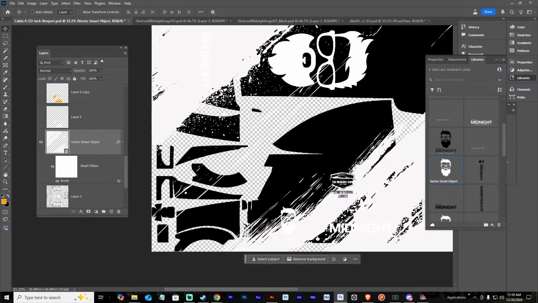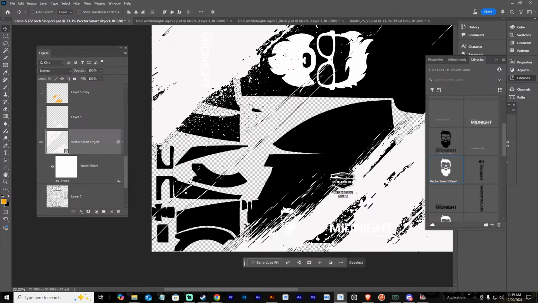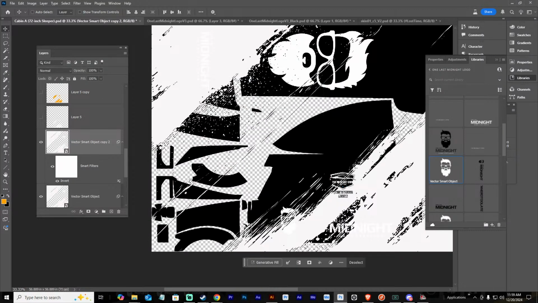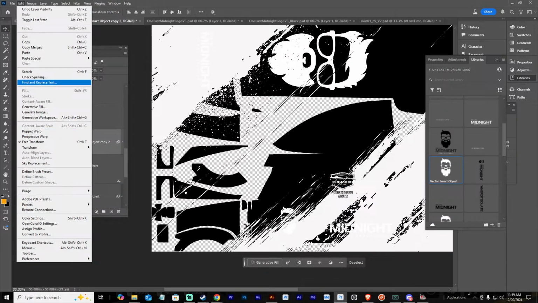I'm actually kind of digging that. Let's select this, change the color. Oop, let me duplicate it first. Let's get rid of that one. We'll change the color to be